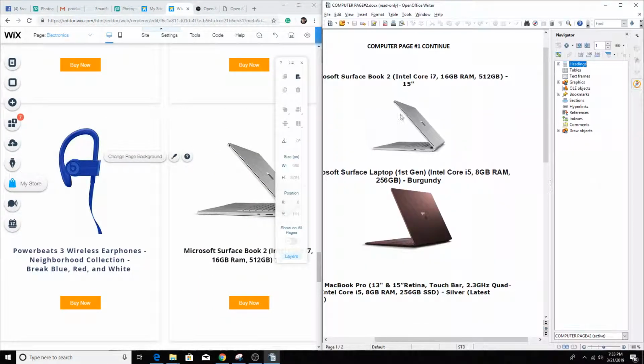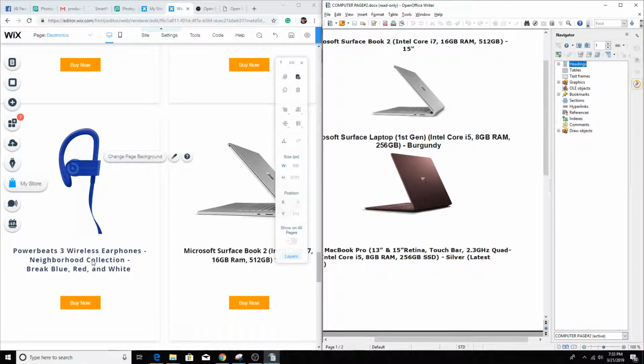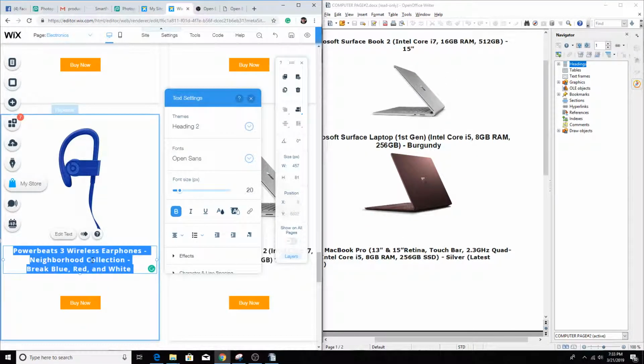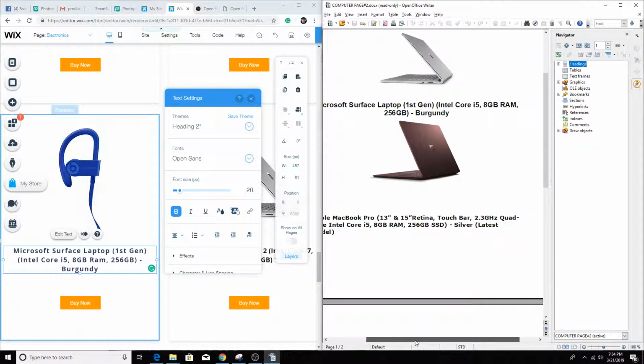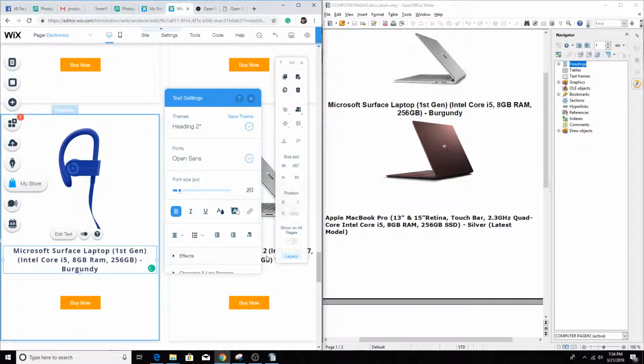Okay, so let's go back here. This one says Microsoft Surface Laptop, first gen, Intel Core i5, 8 gigabytes RAM, comma, Burgundy, Ron Burgundy. Okay, and this one is going to be the